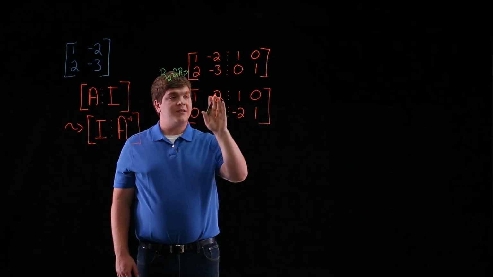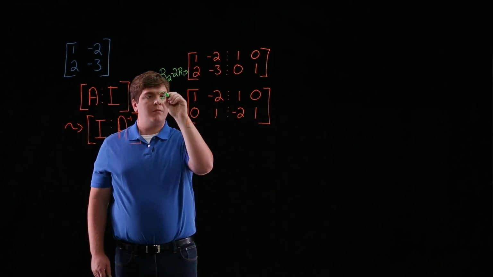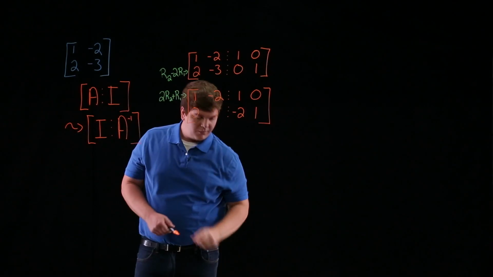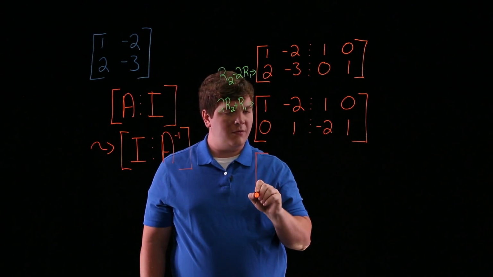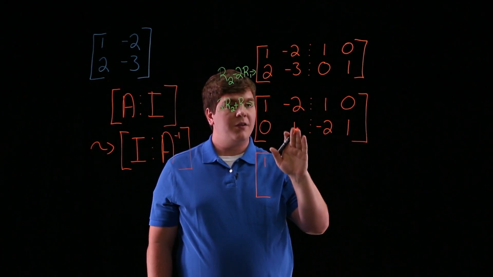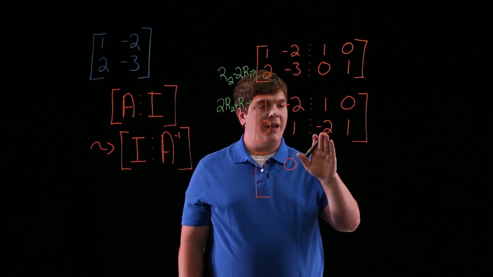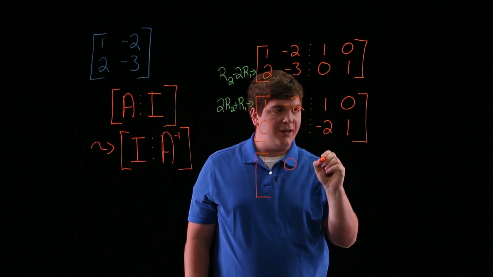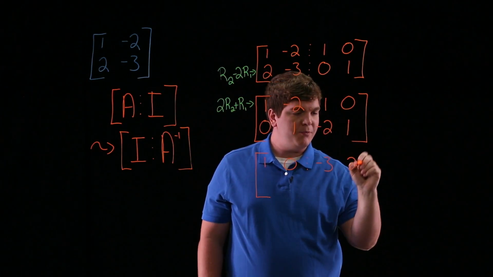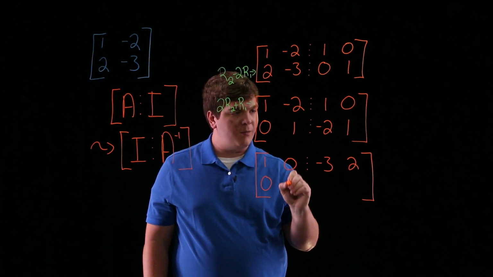Next, we can add 2 times the second row to the first row to clear out this -2. And what we're left with here is 0 plus 1, leaves us with a 1. 2 plus -2 is 0. -4 plus 1 is -3. And 2 times 1 plus 0 is 2. And the second row, we don't change anything. So the second row remains 0, 1,